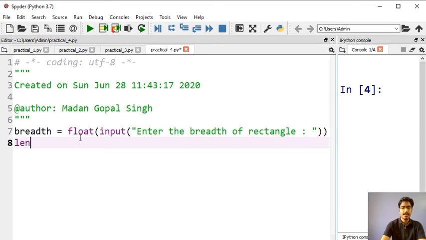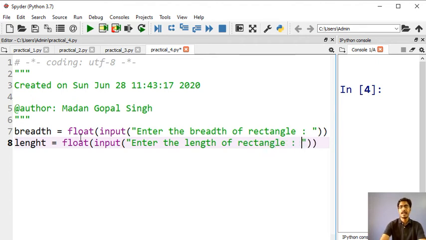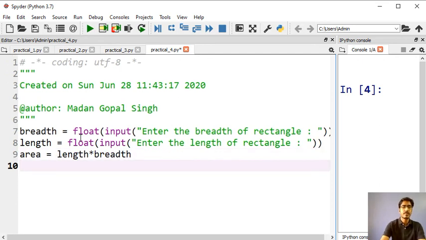Then length equals float, then we will give the input method to take the input, "Enter the length of rectangle", like this. Now we will apply the formula for area, length into breadth. Then we will apply the formula for perimeter.